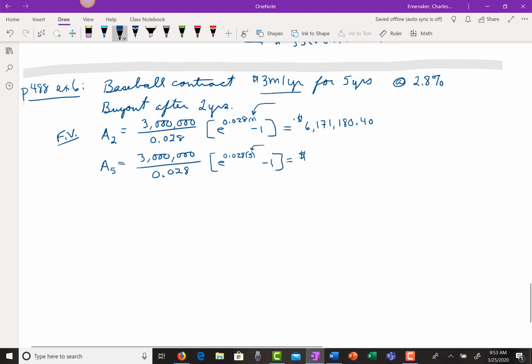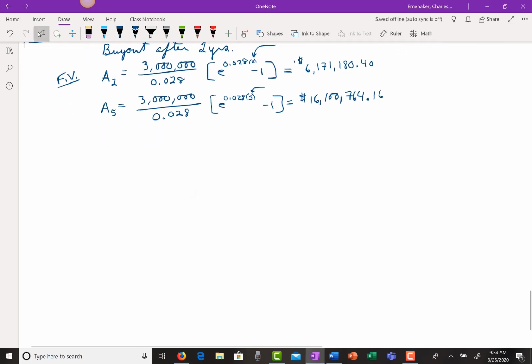When you work this out, once again, put the movie on pause and actually crunch this out. When you work it out, you wind up with 16 million. And as always, round off to the nearest penny. Now, what the last 3 years are going to be worth, the last 3 years of the contract